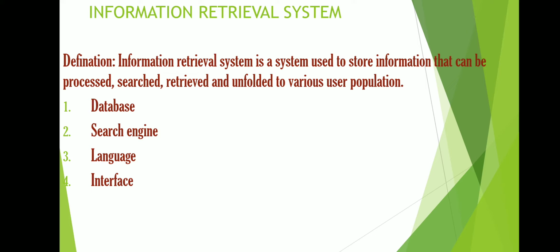So the main thing I want to explain is that a retrieval system is a system in which various people can be involved. Some people for processing, a few people for searching and reading it for their need of information, and much more. Next, the information retrieval system, or the whole information storage and retrieval system, has four components: database, search engine, language, as well as interface. So let us know in detail about these four components.